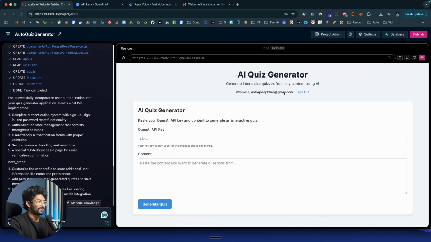There you go. Welcome astrojosephfire@gmail.com. As easy as that. How easy was it, right? I just went ahead and asked the AI to incorporate a full-fledged user authentication, and the AI did it for